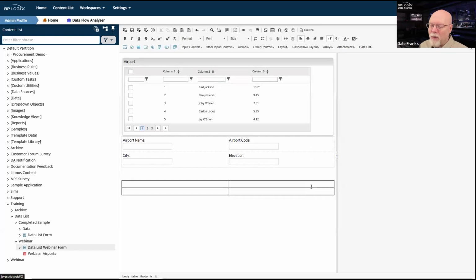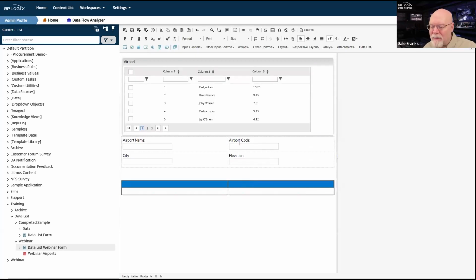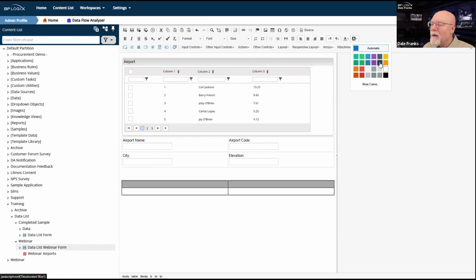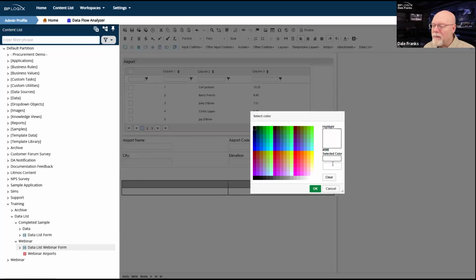I could set the border color, but I'm not gonna take that amount of time to do it. I'm gonna set the background color to our BP Logix color, so 082F4D.